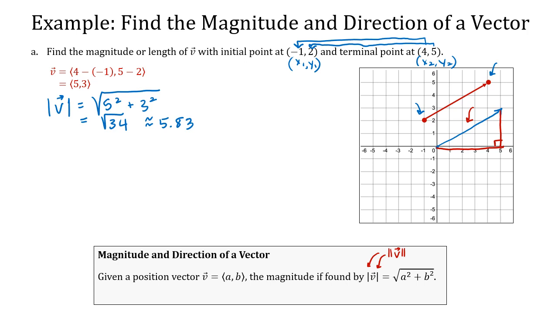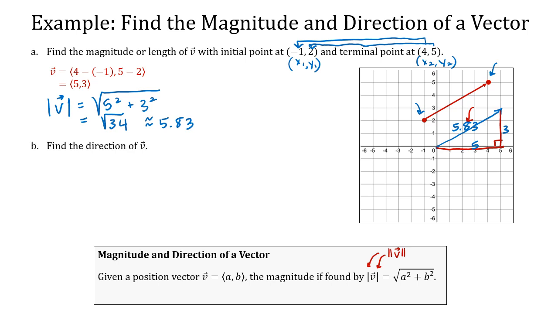So let's just mark this on the picture here. We have a base of, what do we say, 5, we have a height of 3, and the hypotenuse, which is the length of vector v, is 5.83. I can believe that. All right, second part,